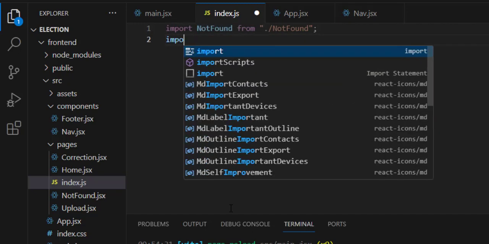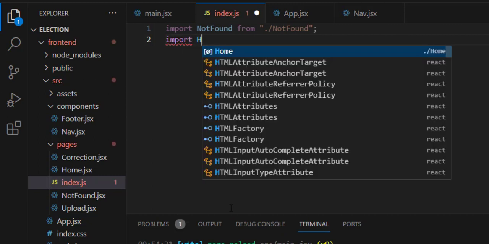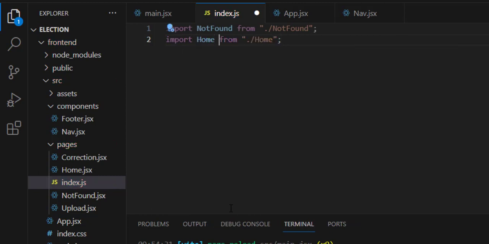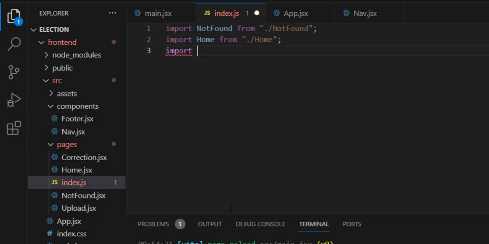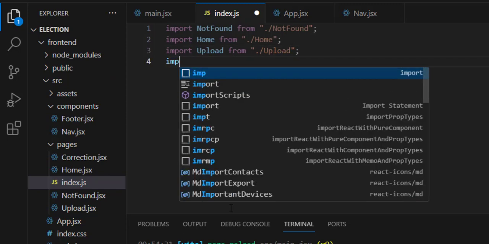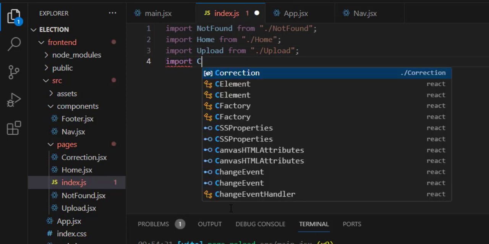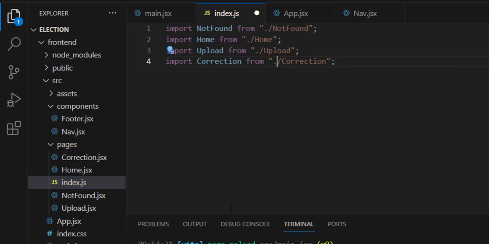Okay, we will do import home from slash home, import upload from slash upload, import correction from slash correction. Okay, these are the available pages that we have here: correction, home, not found, upload. Right, then we will do export,